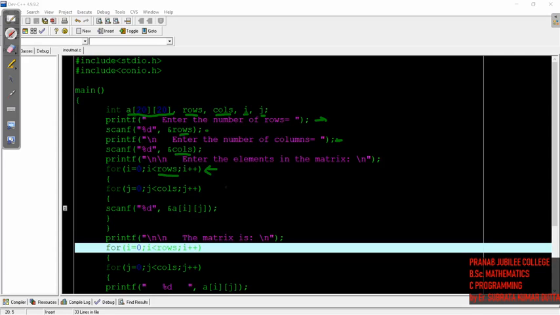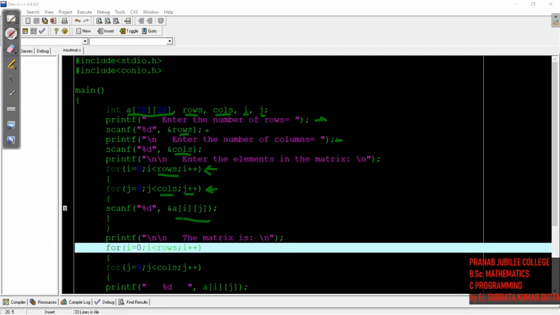Then the next loop will be run by counter j, and it will indicate the column number. And after that, whatever the user enters will be stored in this element, or this index value.